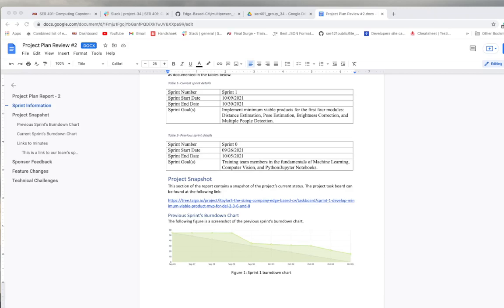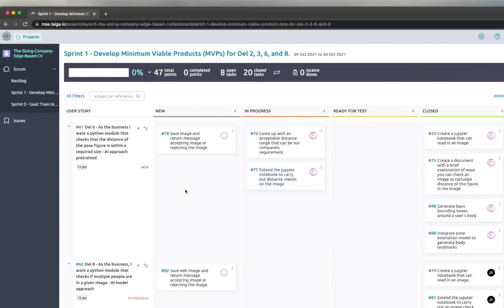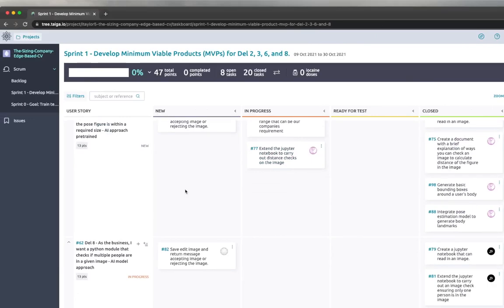We're currently in our sprint number 1, and during these last 2 weeks we've been implementing minimum viable products from the first 4 modules, which are our distance estimation, pose estimation, brightness correction, and multiple people detection. Each one of these is a deliverable that we are planning to produce, and over this sprint we have been investigating different ways of handling each of these options. And just to give you a run through of some of them here,